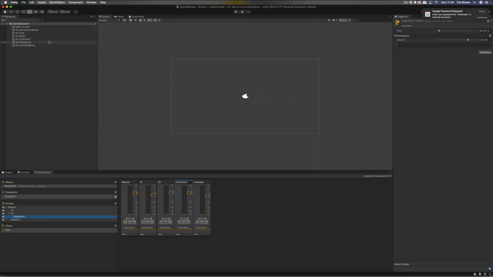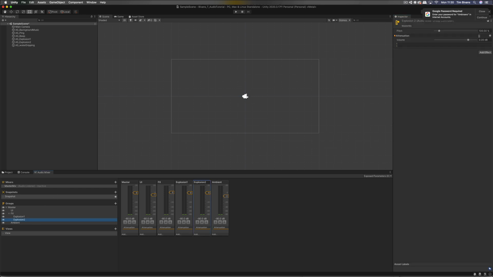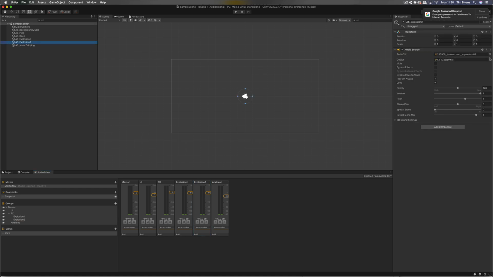And then you can do another one. So there's a sibling group, right? You say explosion 2, right? And then you can go in here and just change their output to the appropriate mixer, right? Explosion 2, right? So now if you play it,